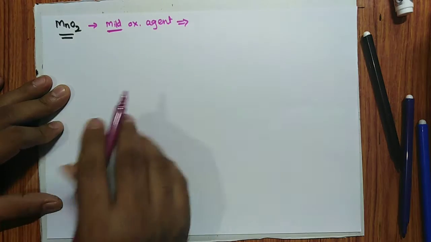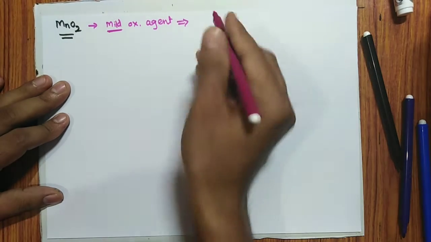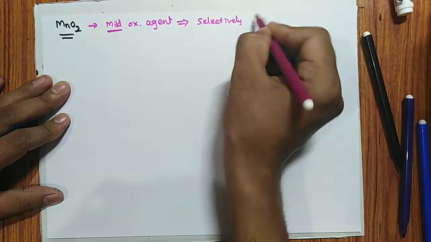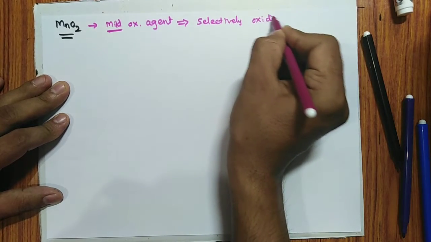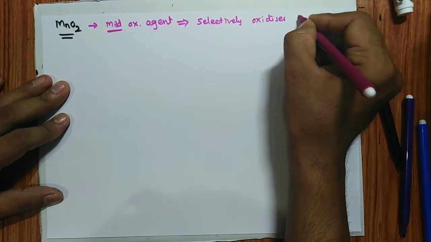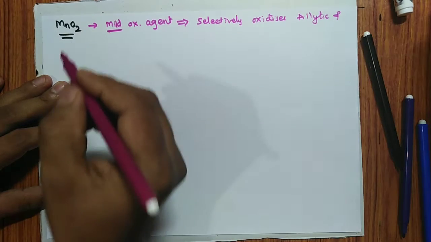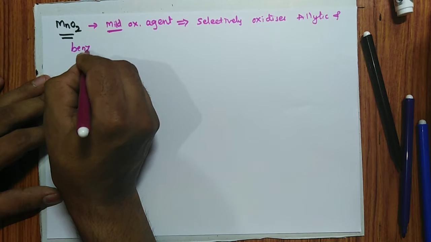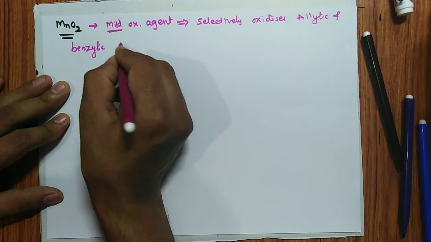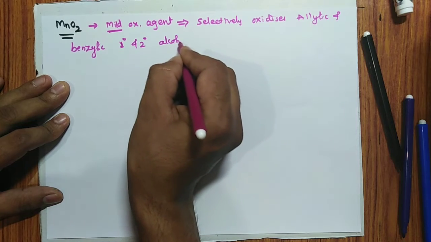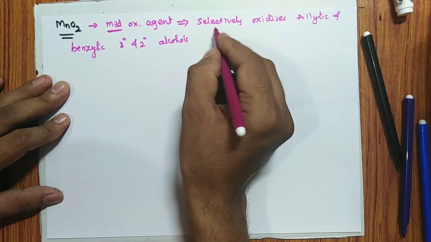Because of this mild oxidizing agent, it will only selectively oxidize, remember, allylic and benzylic primary and secondary alcohols to